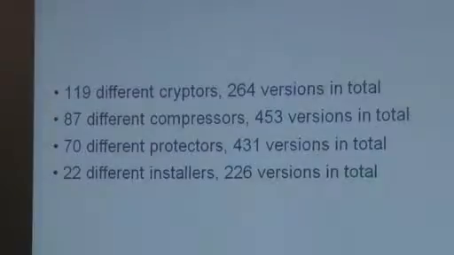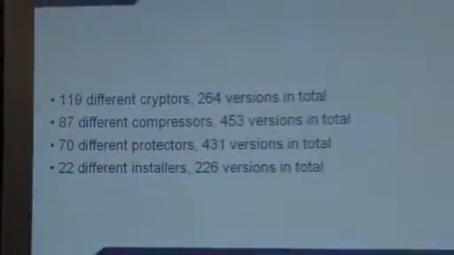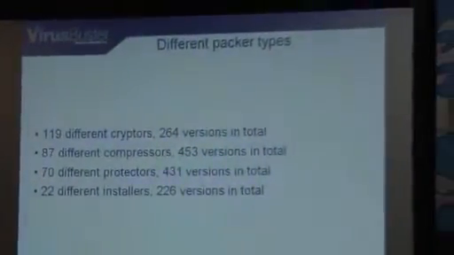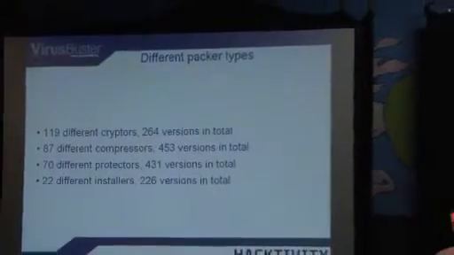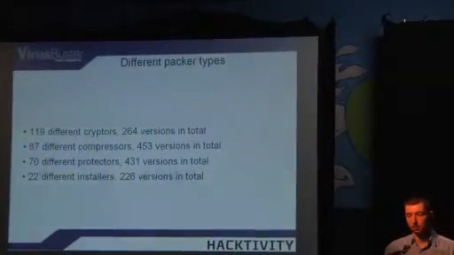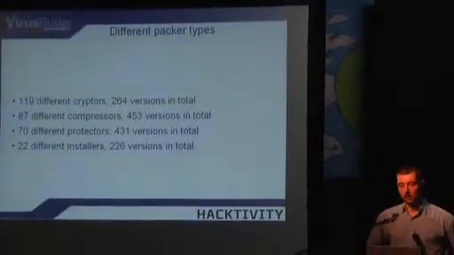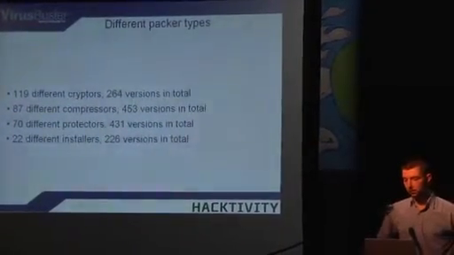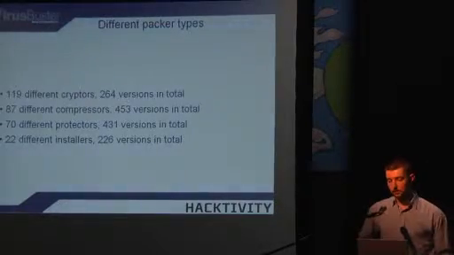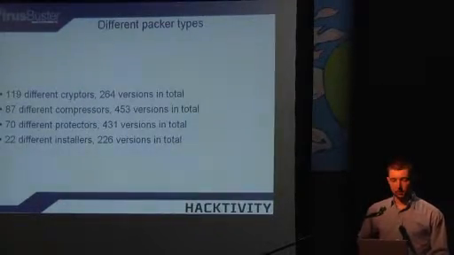Compressors pack, of course, but otherwise they don't do anything else. And protectors do both, kind of amalgamate both harmful and positive properties of the first two. Installers are nothing but